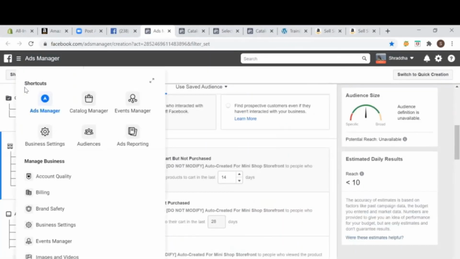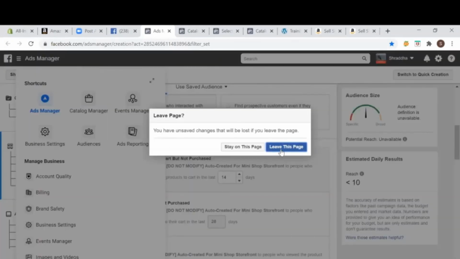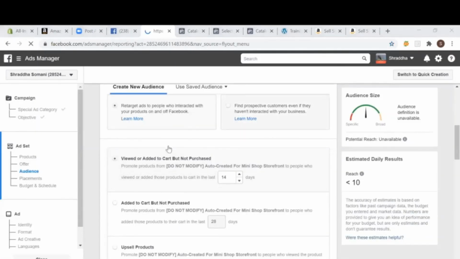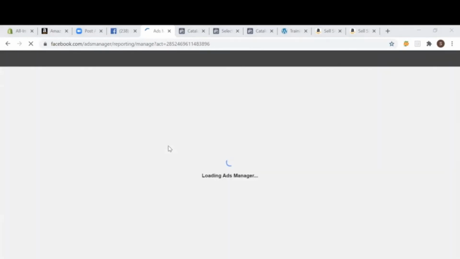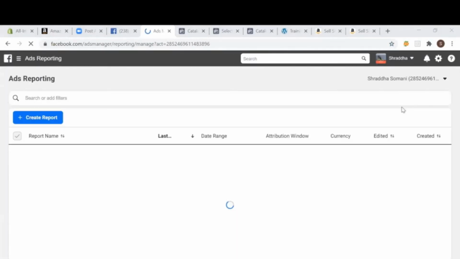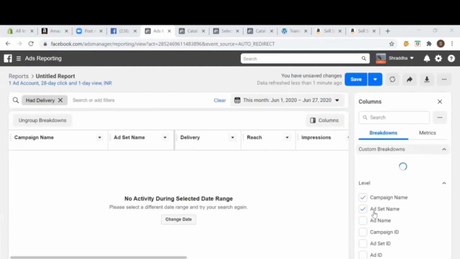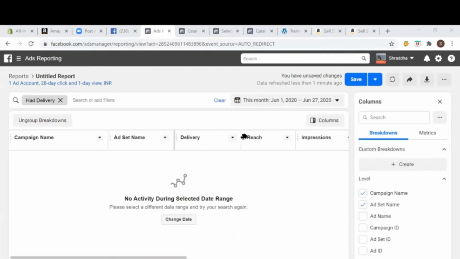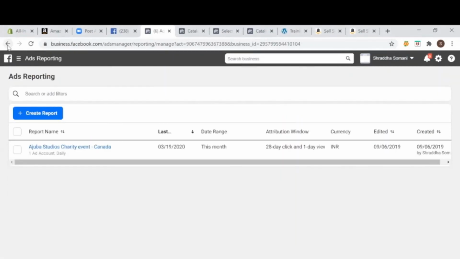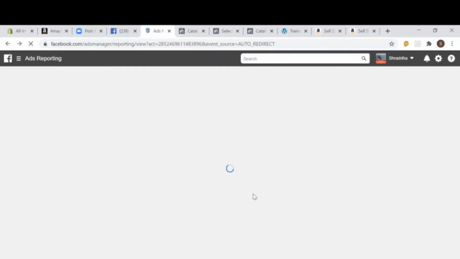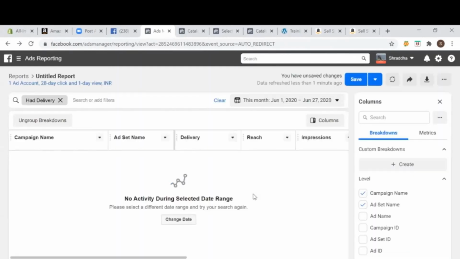All the metrics like the cost per click, the traffic, the reach, the impressions. You just have to view through all those metrics for whatever ad set.